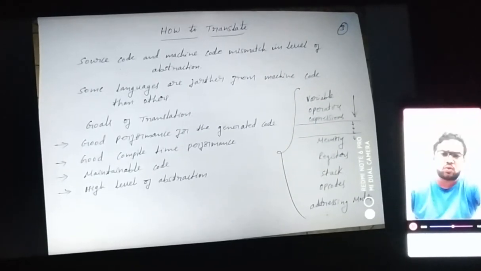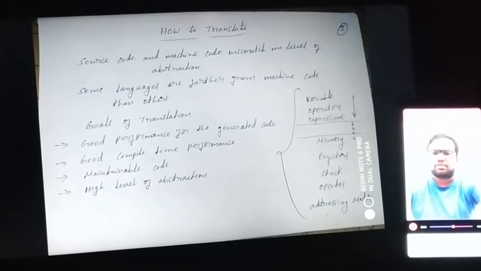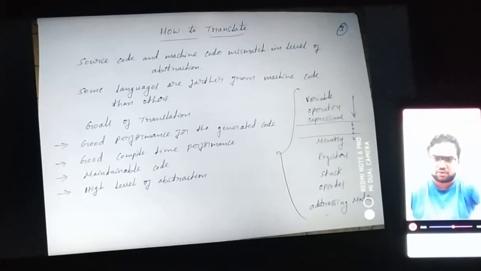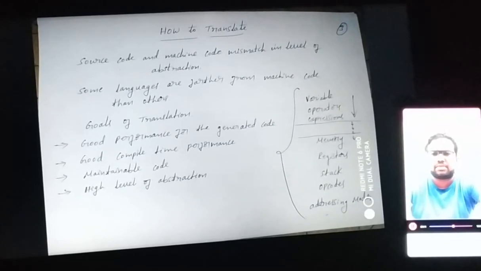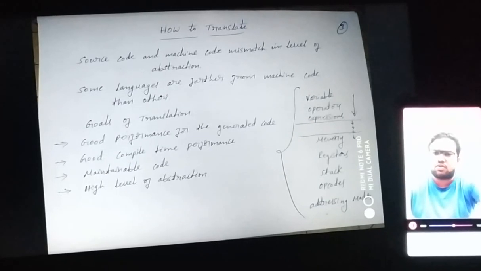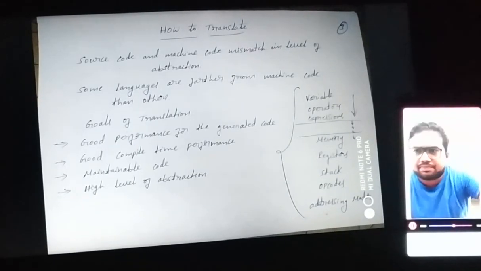Also you can take it as at the source end, or else also at the end which can be at the target end. So next, the other entity that can be with a high level of abstraction, as you have a lot of things that need to be combined together in order to manage the task. So you have to go with the abstraction, and that abstraction should be at the higher level, so that there are a lot of transitions and transformations happening, and all of them have to be combined together, and they should go with the map and they should follow a pattern, and because of that you can say it is a high level of abstraction.